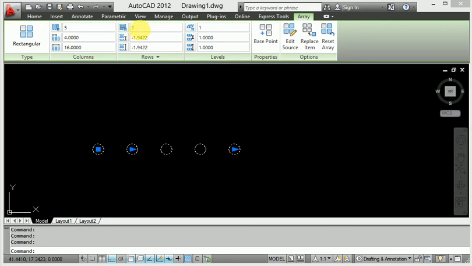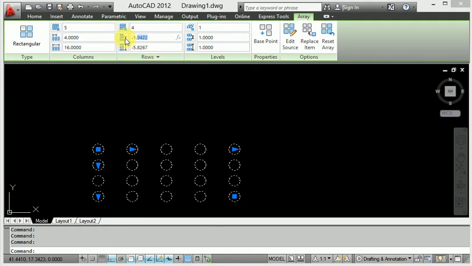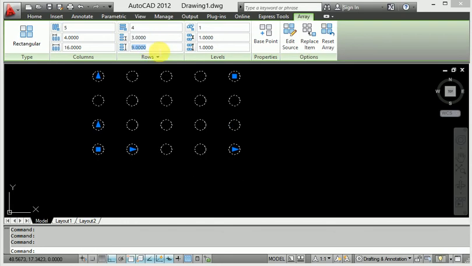When you go to the y direction, the number of quantity is 4 and the distance is provided, something like 5. When I provide the distance as 3, it goes in the upward direction.